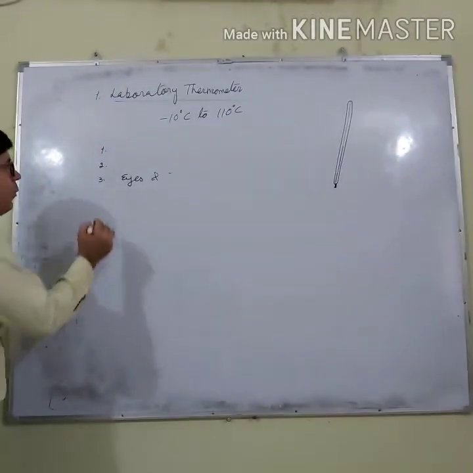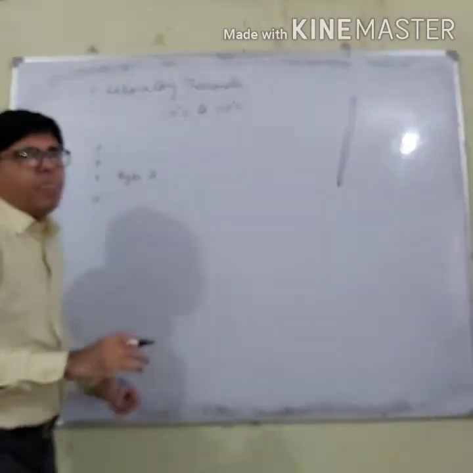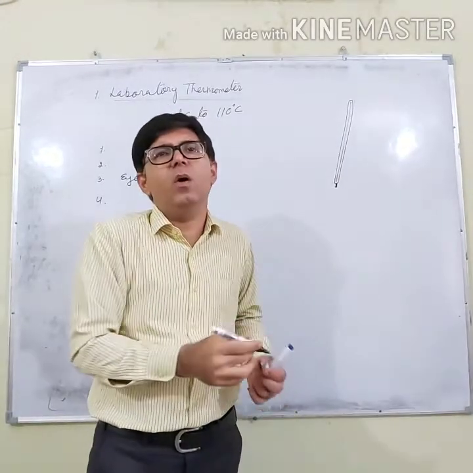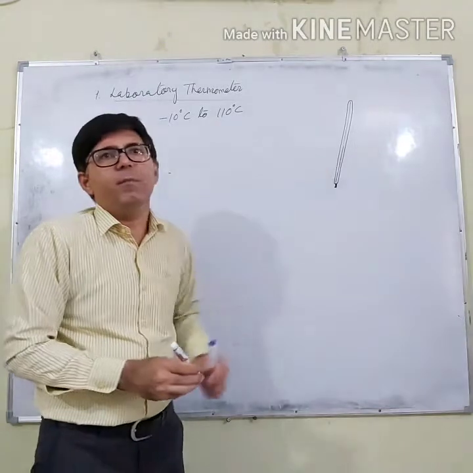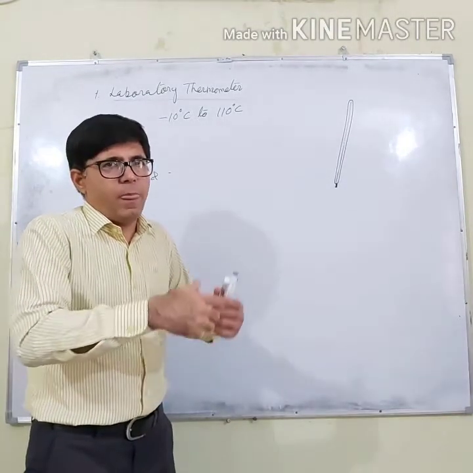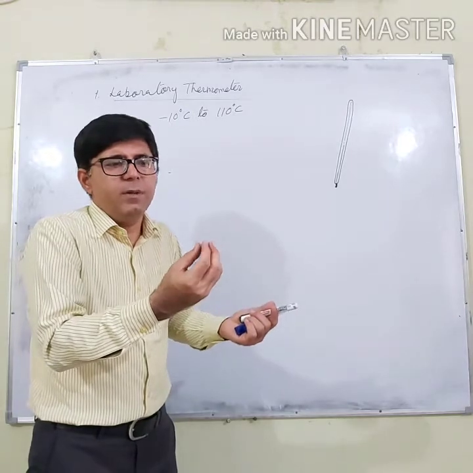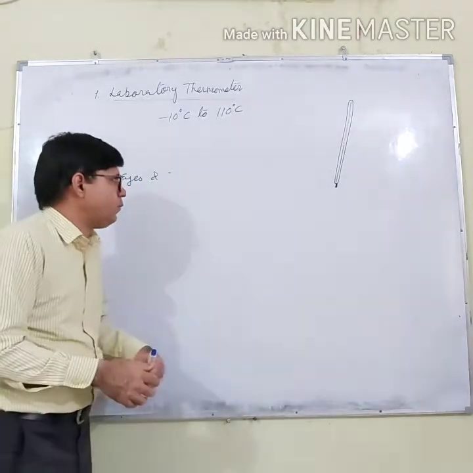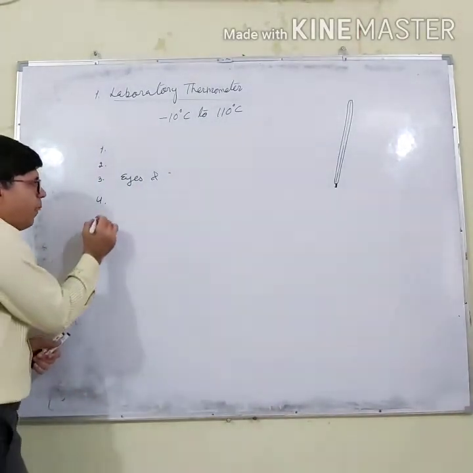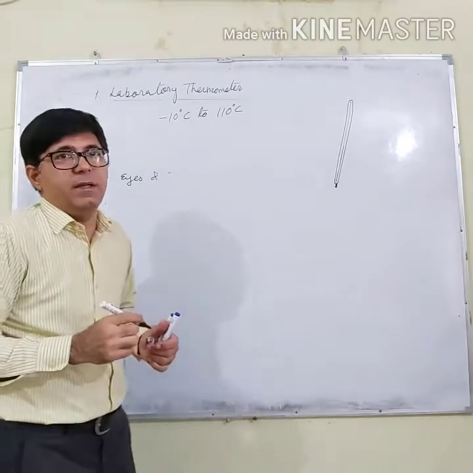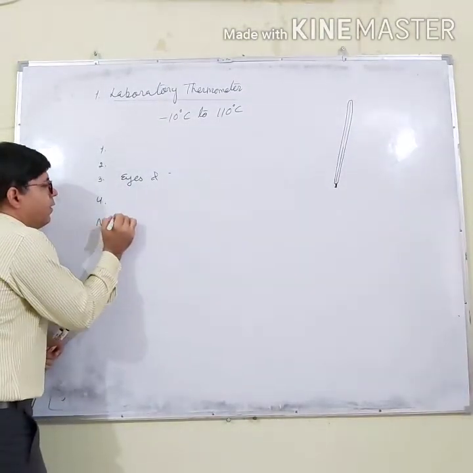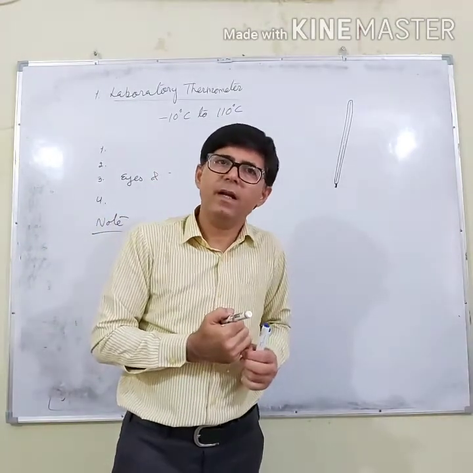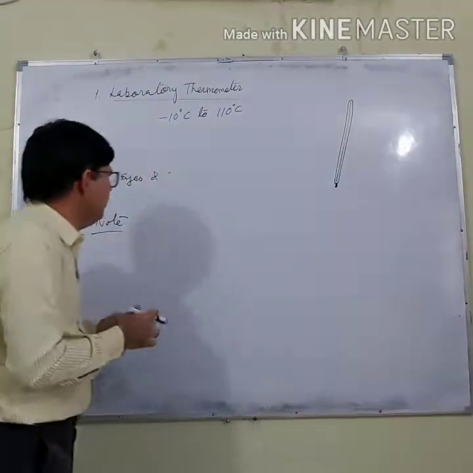And the fourth point is that sometimes we see hot water. If you put this thermometer immediately into the hot water, its bulb can break, because the bulb is not able to expand quickly. And the fifth point is about the mercury. There is a note on why we use mercury: because mercury can expand or contract quickly. For this reason, we use mercury.